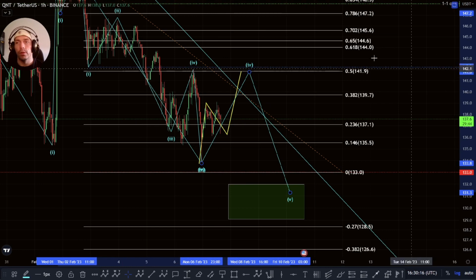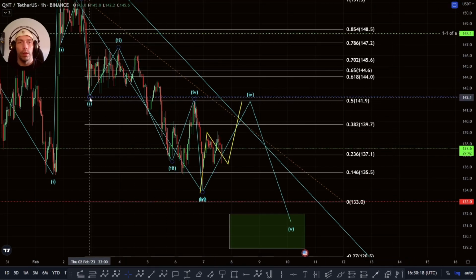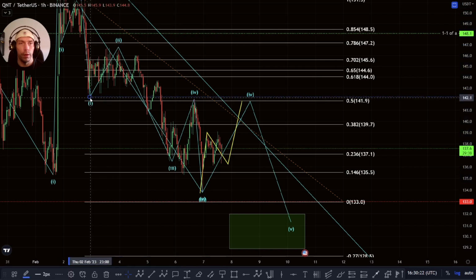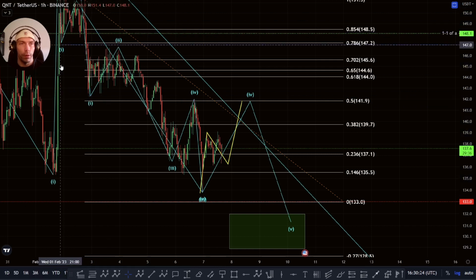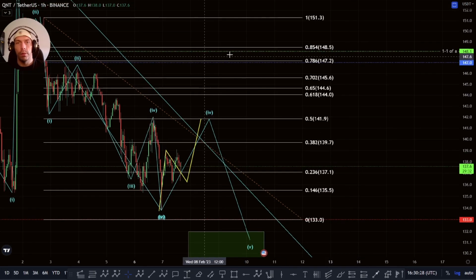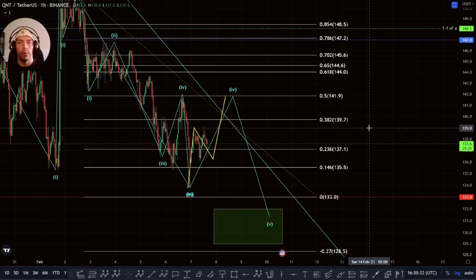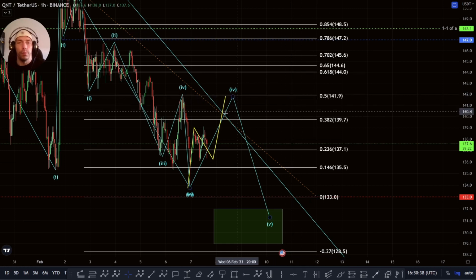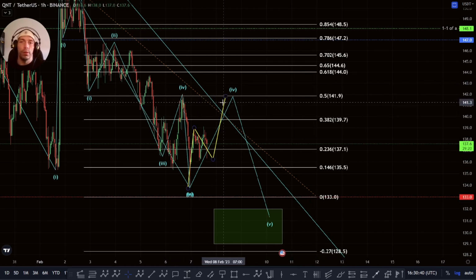So if we do move up past this 140. It's actually higher here. Sorry, that invalidation would actually be up here at this 147. If we move above 147, that would invalidate the possibility of this as a fourth wave, though we wouldn't really want to move too much higher than this previous fourth wave here, because this is right on that 50%. And if we do move up past this 50%, it becomes less likely that we're actually going to get this